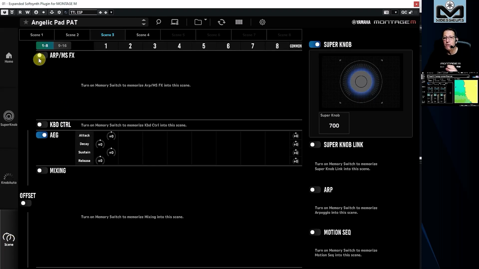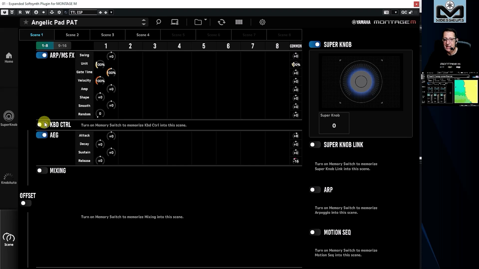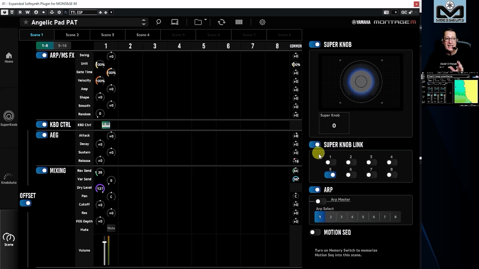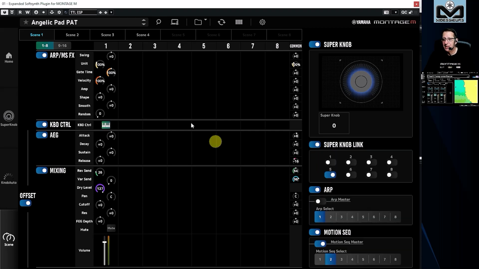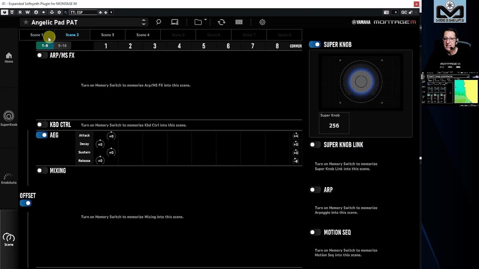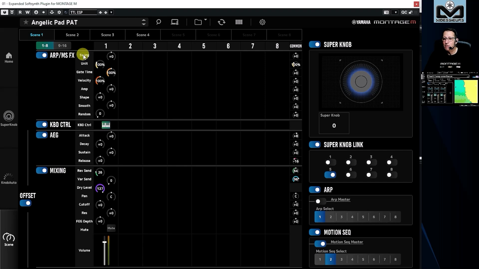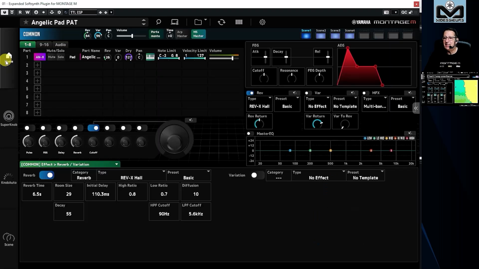We have the full scene memory. Now, if I go on scene 1, I can activate that, the offset, what I need, exactly like we have on the Montage M, and we can do all the scenes like that for parts 1 to 8 and 9 to 16. If we need, we retrieve the scene memory in full, and we can do what we want with that inside this version 2 of ESP. This is for the left part.